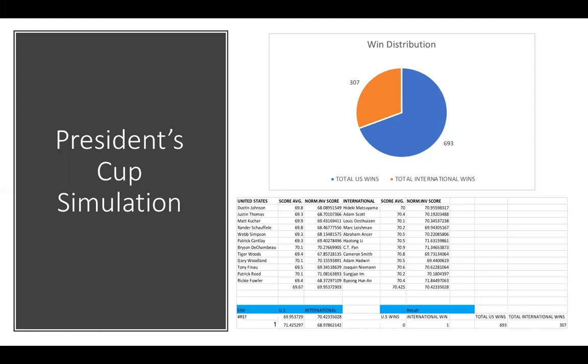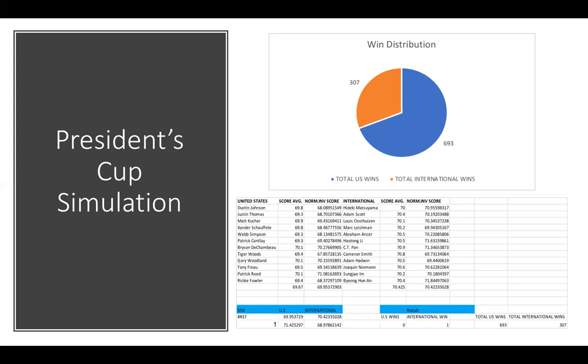I did that by using the norm inverse function as well as the rand. And what that does is it generates a random number within a certain standard deviation that you put. I chose 1 just because the scores don't really vary more than that. It's pretty close. It's neck and neck most of the time. So I just did 1. As you can see, every time it does that, it generates a new number. So I did that for every player and every team.